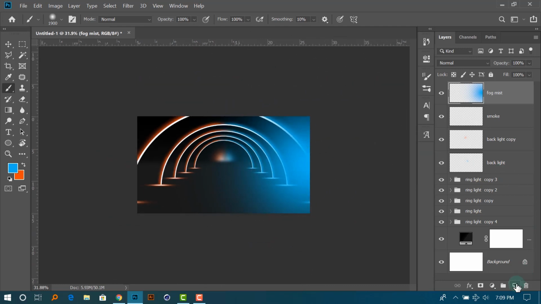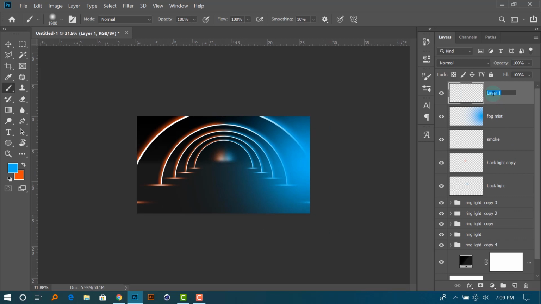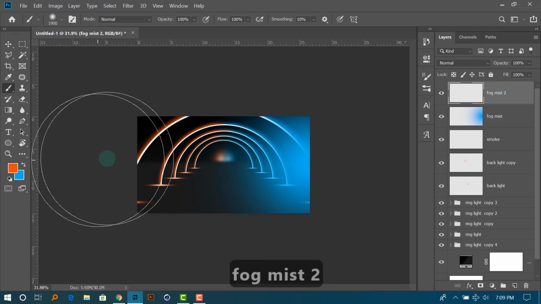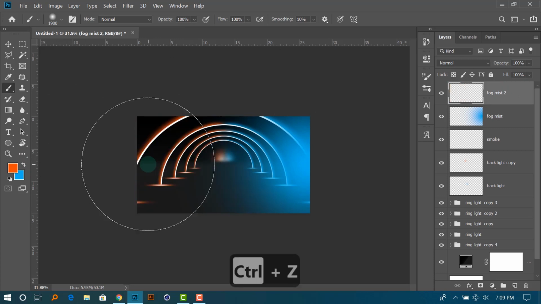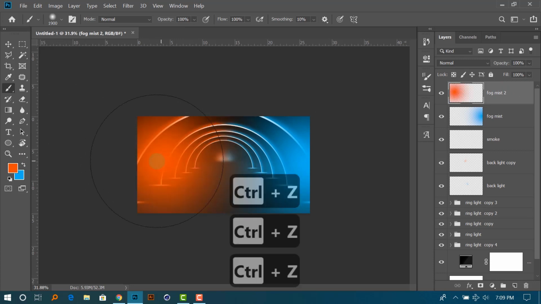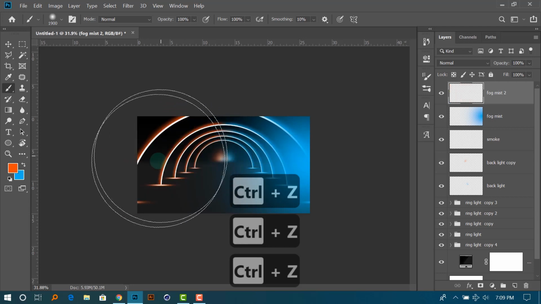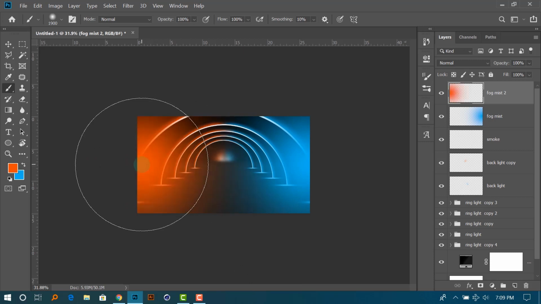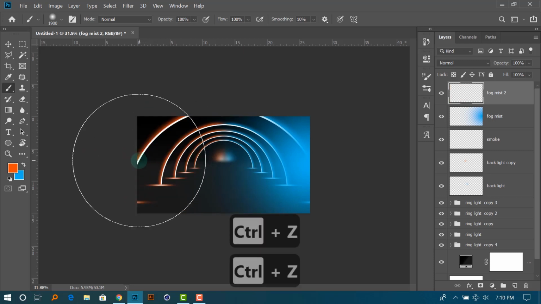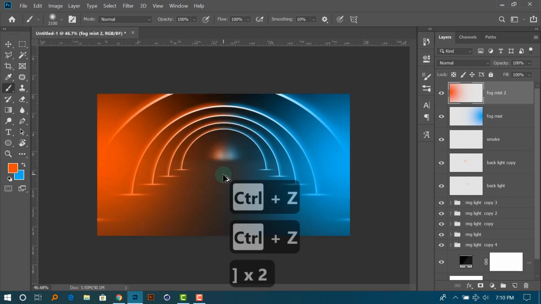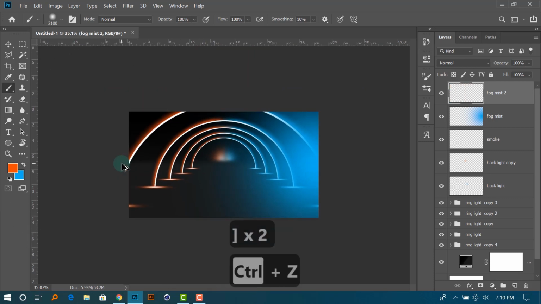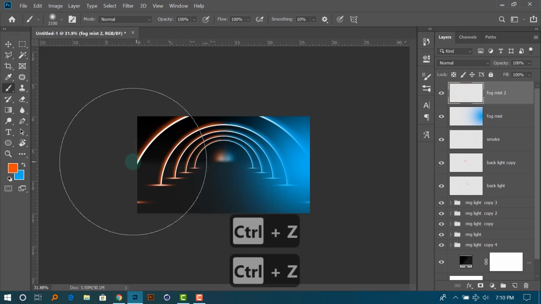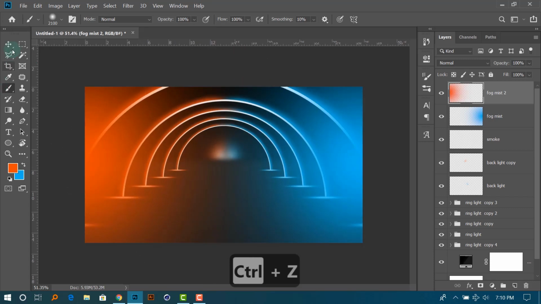Create another new layer, and you can call it fog mist 2, and select that. This time swap the colors to orange. Do the same thing to this side as well. Do not keep the center of the brush inside, but make sure it is on the half, like this. Let me take it a little more inside. Yep, after you do that,